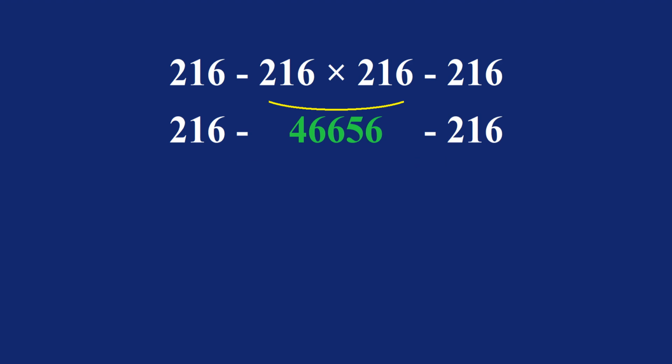According to the order of operations, we do this subtraction, then this subtraction. So 216 minus 46,656, which equals minus 46,440. So we have minus 46,440